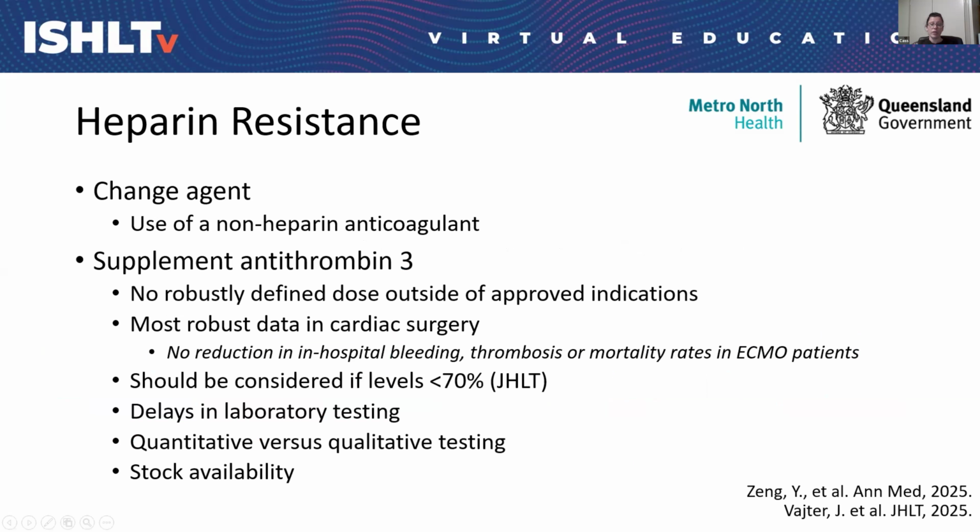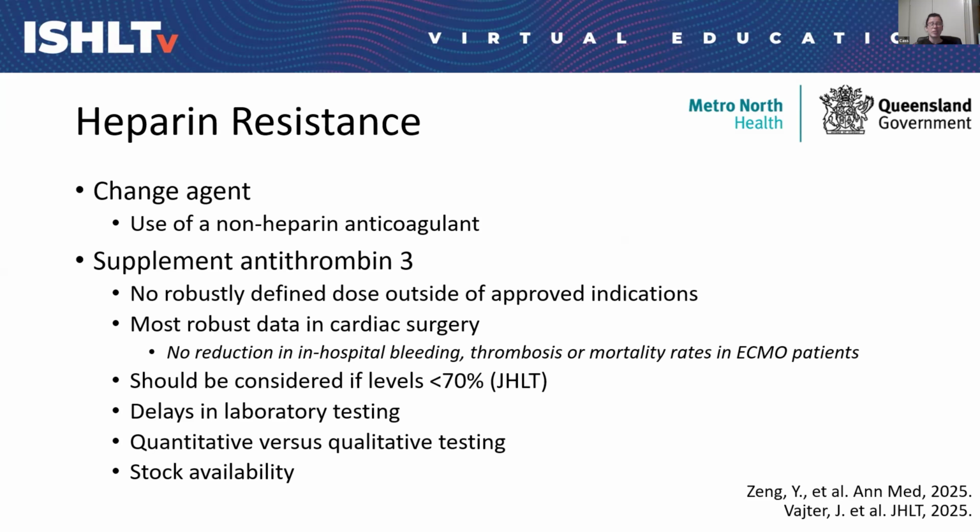What else can we do? We can obviously change to a non-heparin agent, but we might find ourselves in a situation where heparin is the preferred or the only available anticoagulant. And so we could consider supplementation of antithrombin 3. Unfortunately, this sounds easier than it actually is. There are equations and calculators available for determining supplementation doses of antithrombin 3 to achieve a peak level of 80